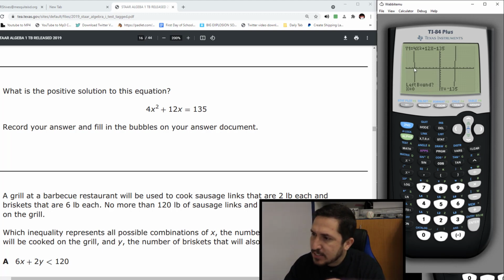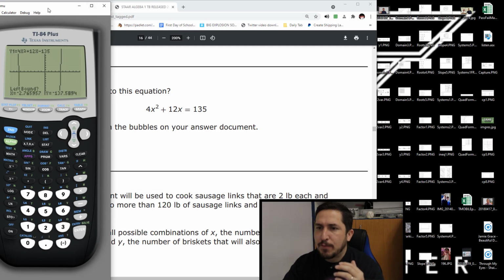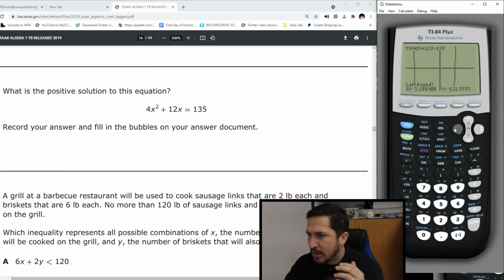So I'm going to try to find this x-intercept right here. When I hit the arrow to the side, what? This thing's blinking? I don't know where it is. I'm just going to keep hitting the left until I see it. Almost there. I'm waiting for the little spider to show up. There's a little spider that's going to be on the grid.